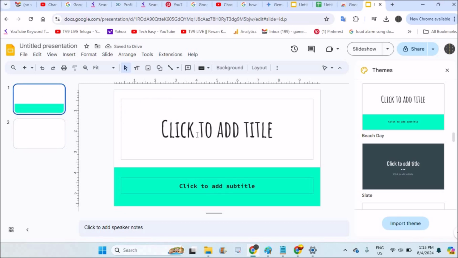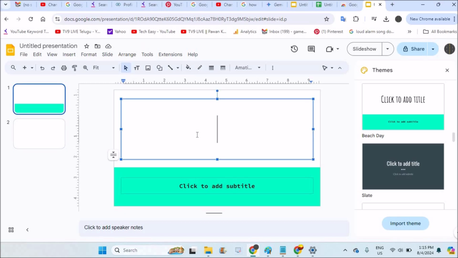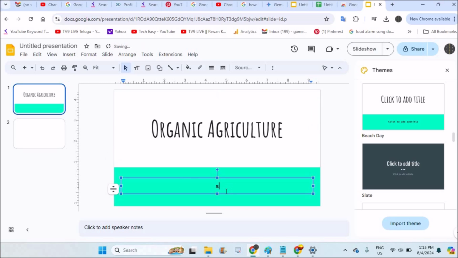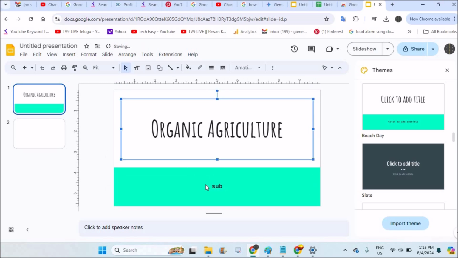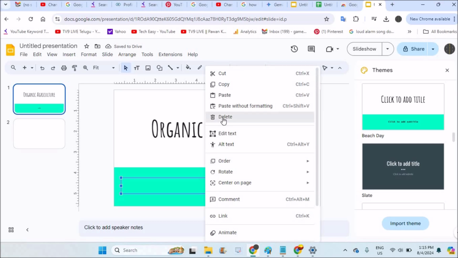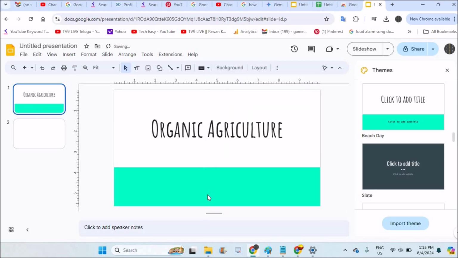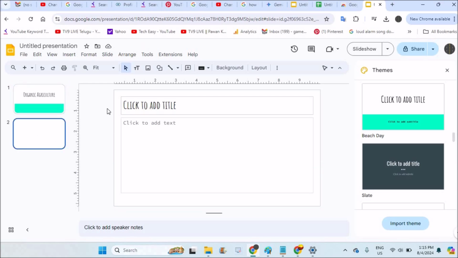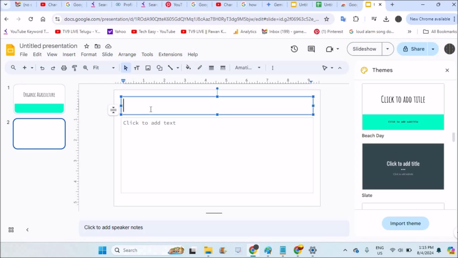Usually for the first slide, you will choose the main topic for your presentation. All these fonts and everything you can change, don't worry. Organic agriculture or something like that, just for dummy purposes, I'm choosing a topic. You can add a subtitle here, or if you don't like this, you can right click on it and click on delete so that it gets deleted. Okay, that's not an issue. And coming to the next slide, here you can add what are the